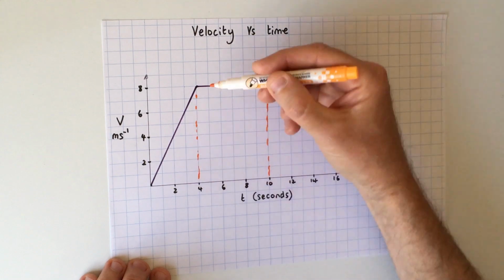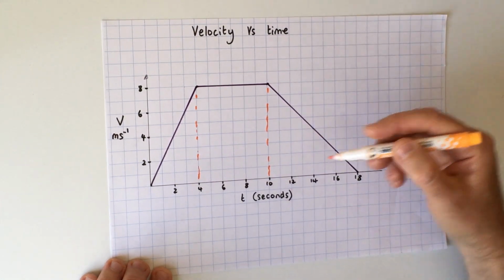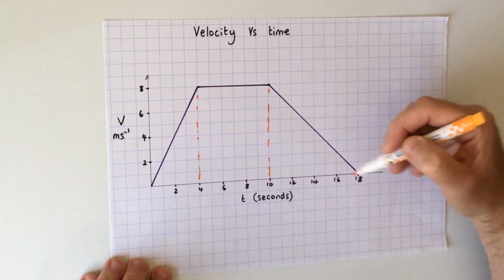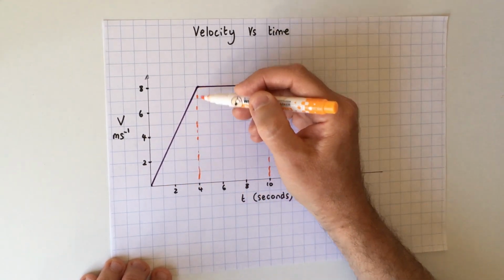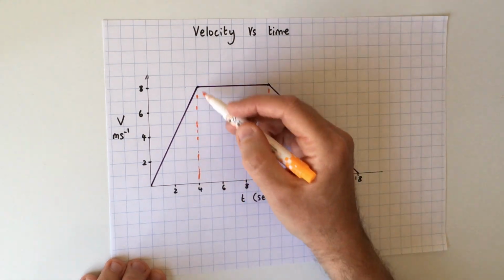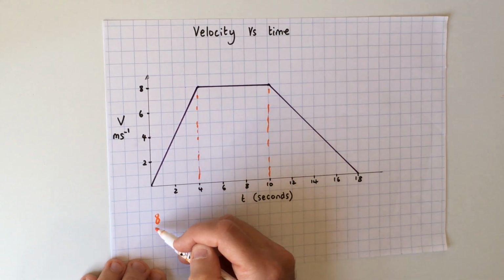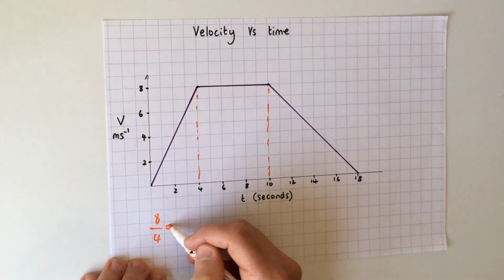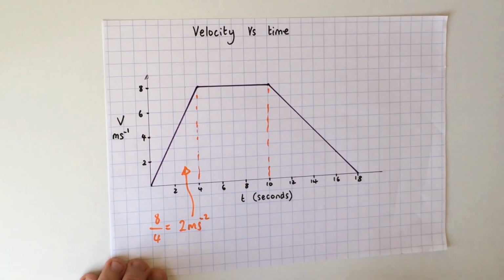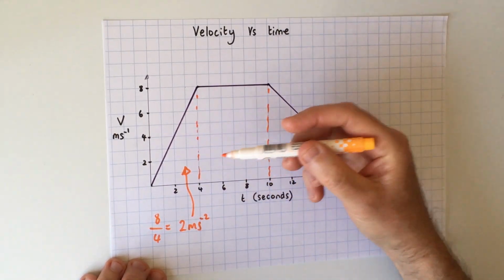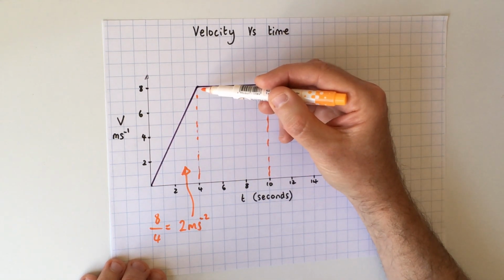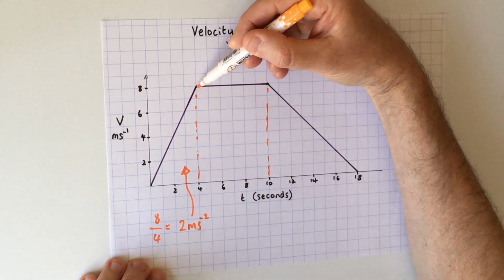And we can work out the acceleration and the deceleration by doing the velocity. It's the gradient of the line actually, so it's y over x, it's velocity divided by time. So velocity divided by time, so 8 divided by 4 is 2 meters per second to the minus 2. Okay, so in this region the car or person is accelerating at 2 meters per second squared until it reaches